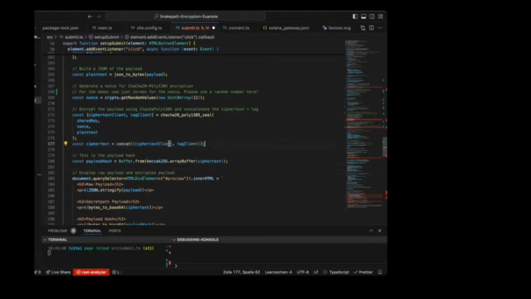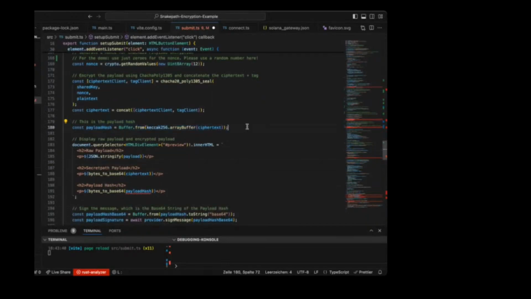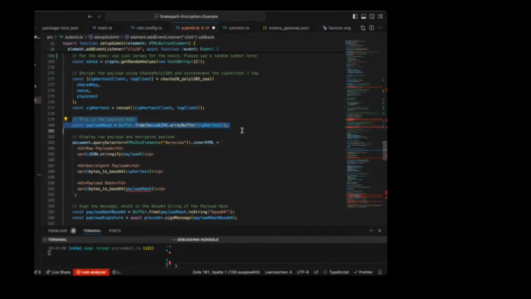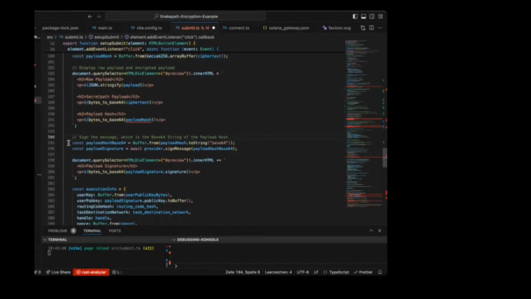So since we now got our ciphertext correctly created, next we're going to sign this payload hash. So what we do is we take the ciphertext, we just compute a Keccak-256 hash of it. In that case, we kept it in line with the EVM space, so we just use the normal Keccak-256 from Ethereum, not specifically the SHA-3 algorithm, which is a slight variation. So yeah, we're just creating a payload hash,